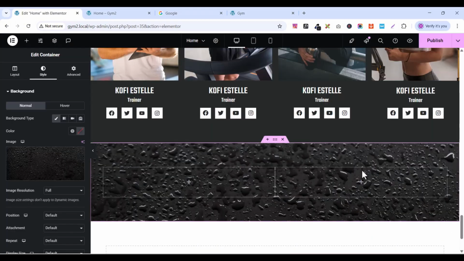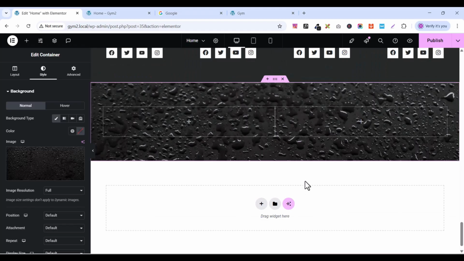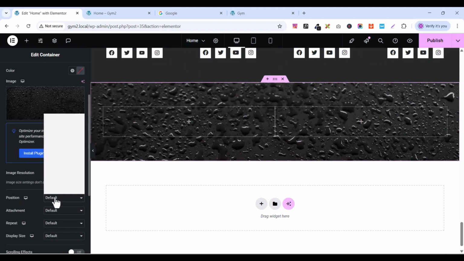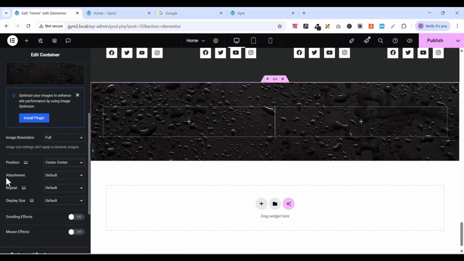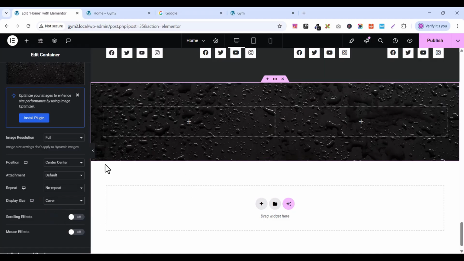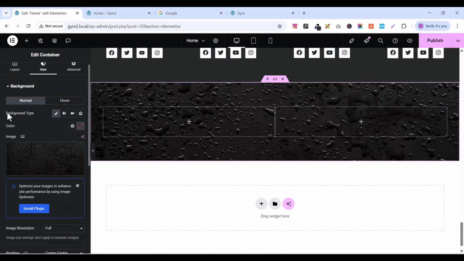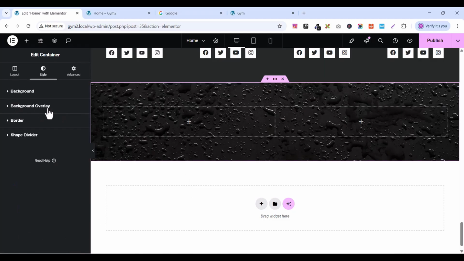Select this, good, and here we are going on the position, select center, so attachment, leave it to default, repeat, no repeat, display size, cover,